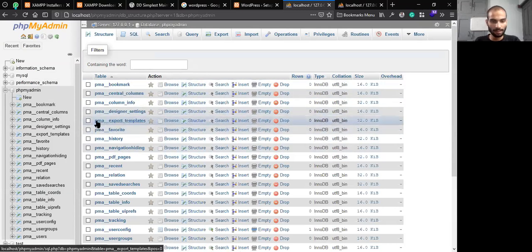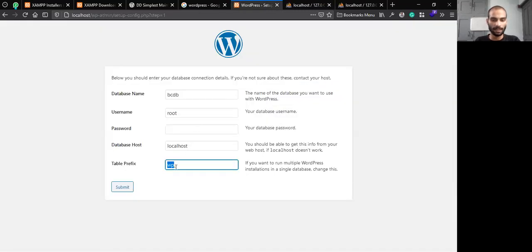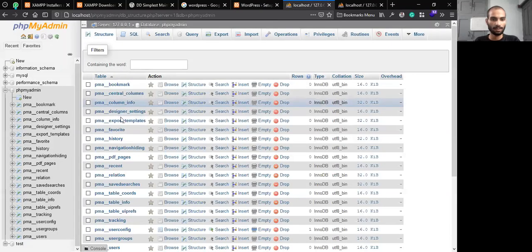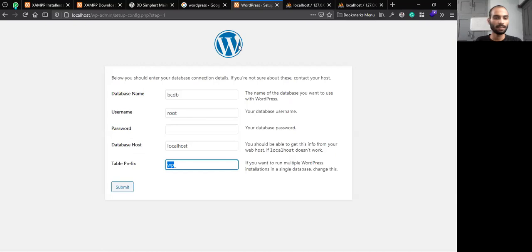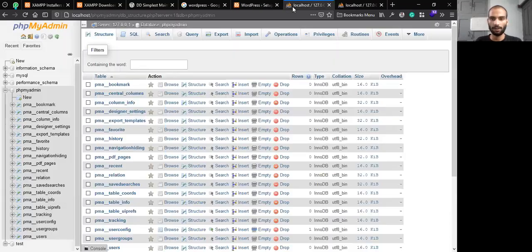Here you can see there is a prefix, PMA underscore export template. This is what will happen if you enter WP here: the tables will be something like WP underscore history, WP underscore favorite.